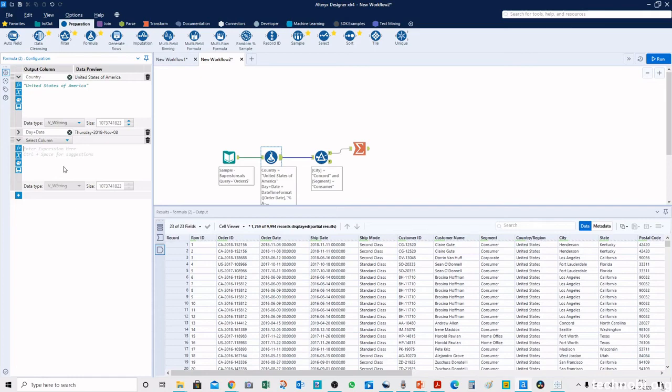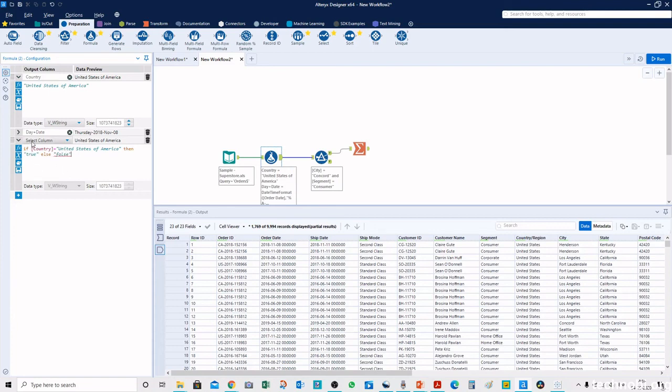For example, here if I call out country, if country equals United States of America, then true, else false.